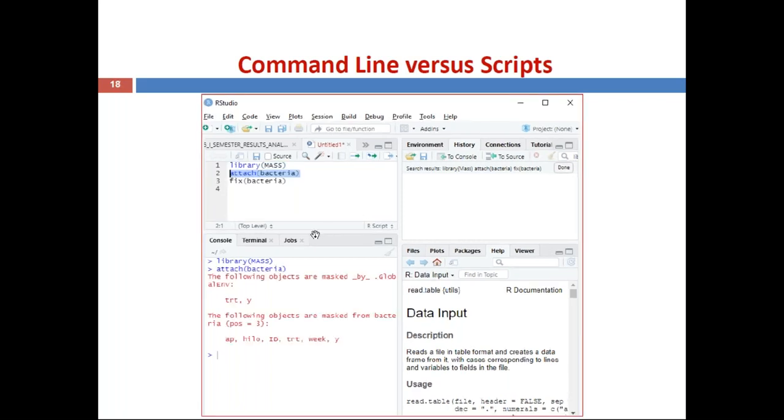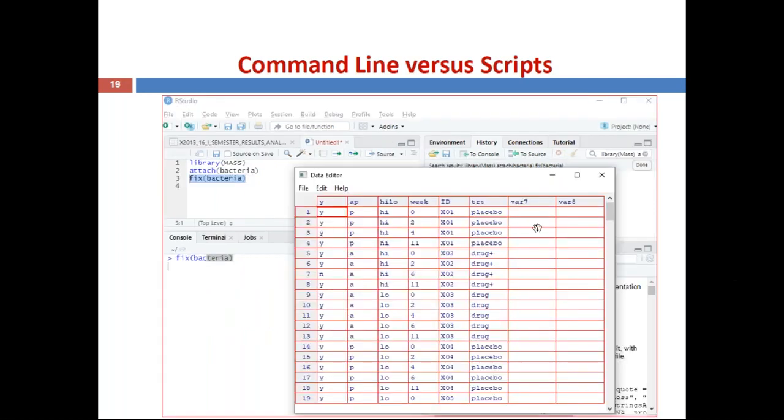Similarly, the second one, attach of bacteria. You can select it, then click on run or press Control plus Enter. Then the result is that the following objects are masked by so and so. Some information is displayed. Then click on fix of bacteria. Whenever you click on fix of bacteria, a database is displayed in tabular format.